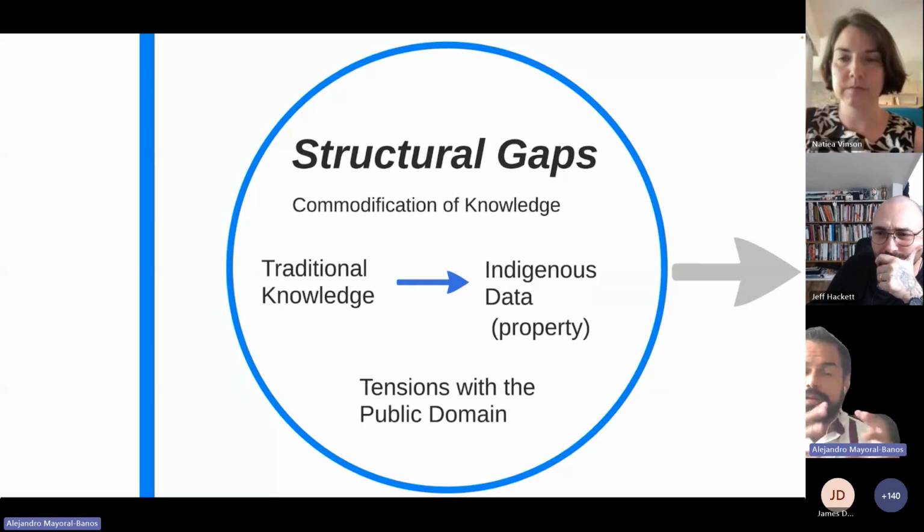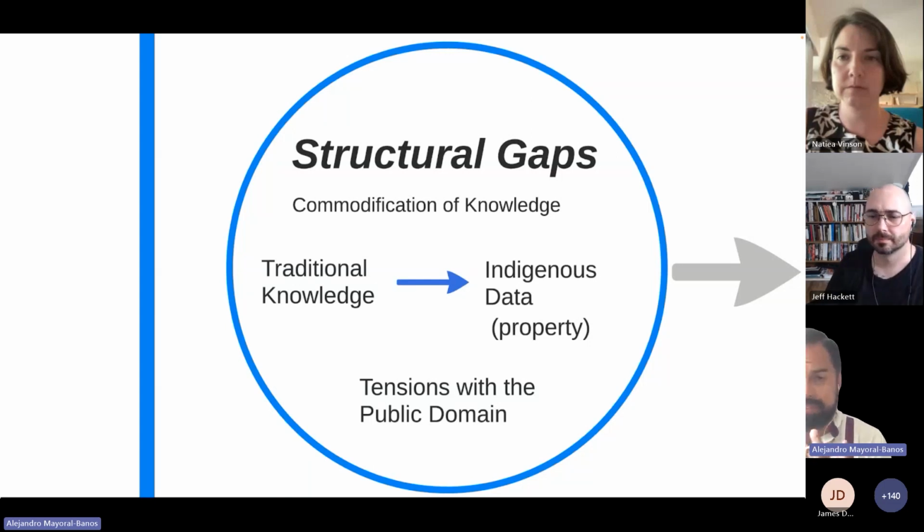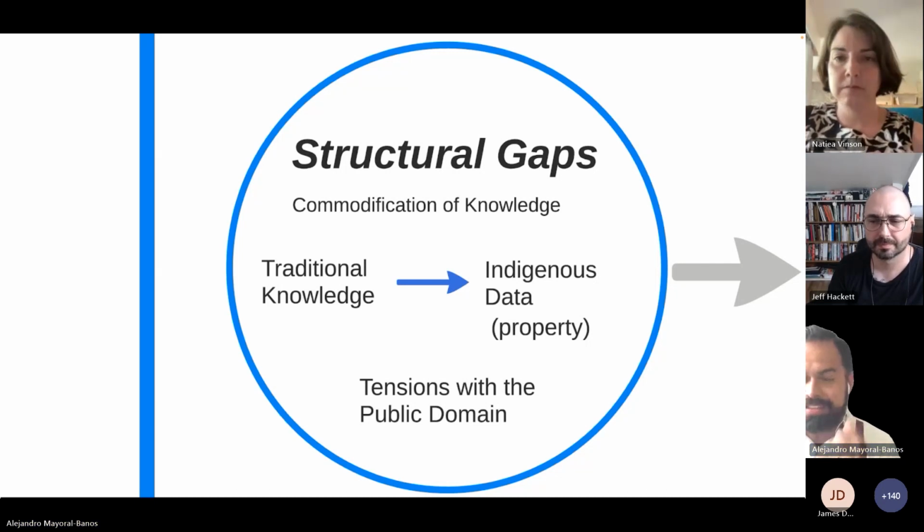So of course there is a big structural gap, because when we start talking about traditional knowledge as property, this creates tensions, because for many nations there is no property as such. Especially when we are talking about sacred items, sacred sites, sacred knowledge, we don't talk about property. So there is a mismatch when we are trying to protect, because we are transforming the knowledge. There is a structural gap, and we need to rethink the entire system.